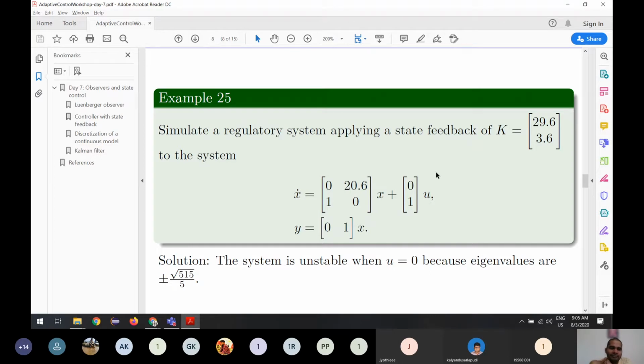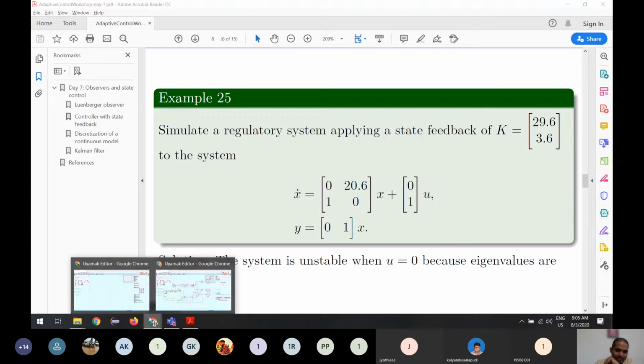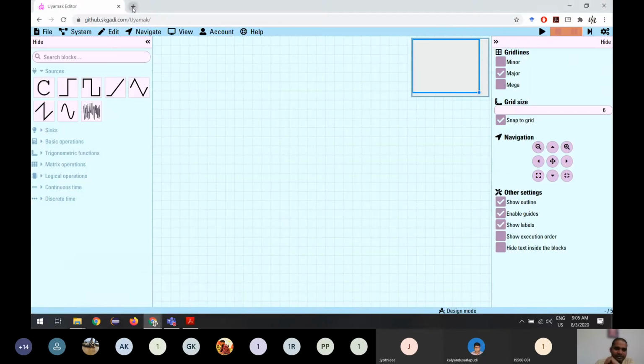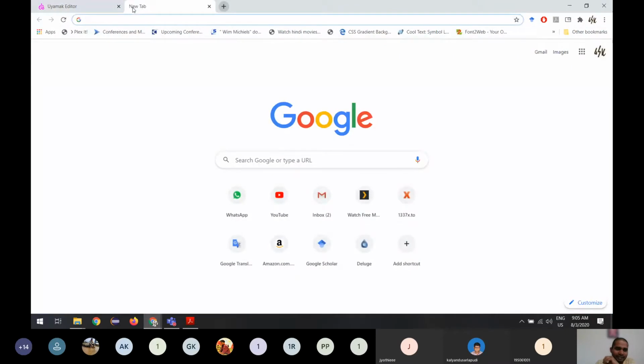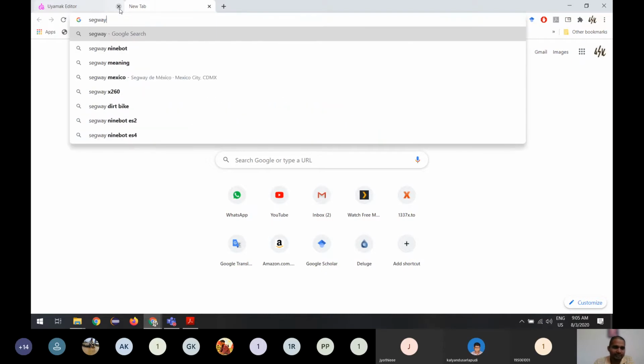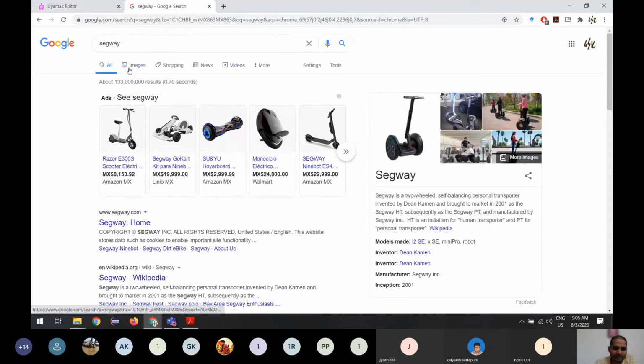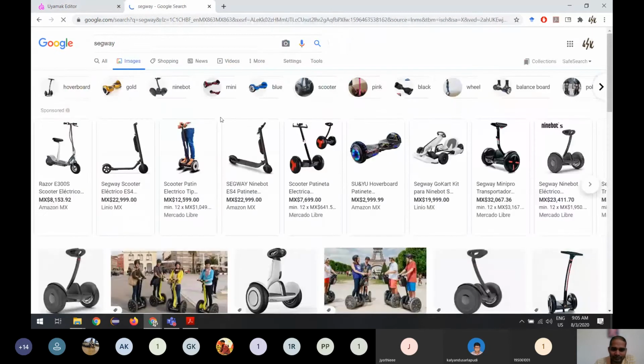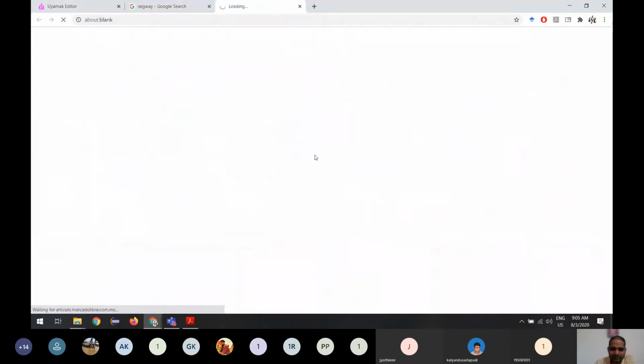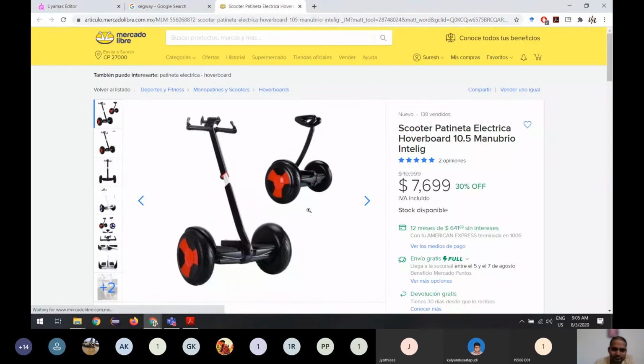Where do we apply this? If you see the example of the inverted pendulum, I don't know what's the name. Inverted pendulum is the technical name, but in application we use one. Let me show what it is. You call it a Segway or something. This one, if you see, is kind of an inverted pendulum.